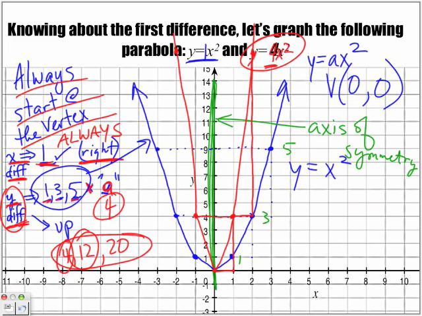And notice, just like we said, as the value of a became bigger than 1, the parabola got narrower. It got narrower, and look at where the first point for x was. Here's our first